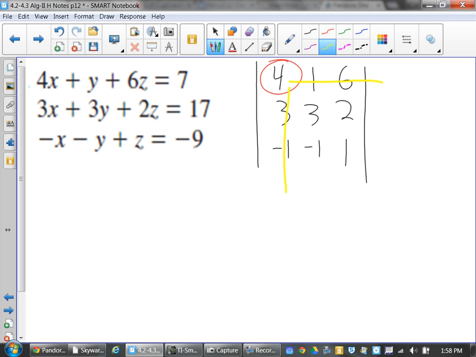Everybody see that? What are the 4 numbers it doesn't touch? 3, 2, -1, 1. So I take 4 times the determinant of 3, 2, -1, and 1. Doing a determinant of a 2 by 2, you can do in your head. 3 minus -2 is 5. So you get 4 times 5, which is 20. Now, the next time I do the same idea, I'm going to put a minus sign,